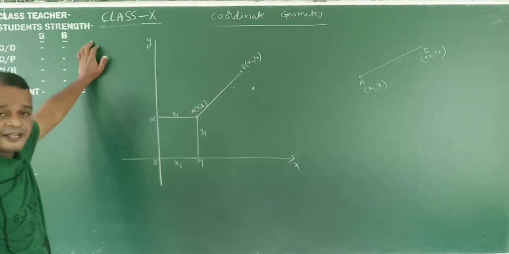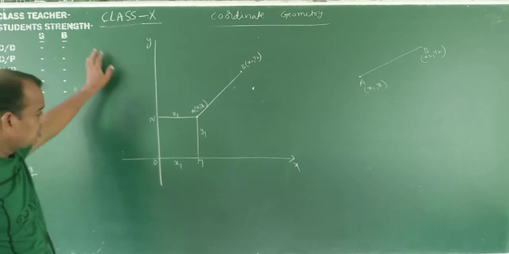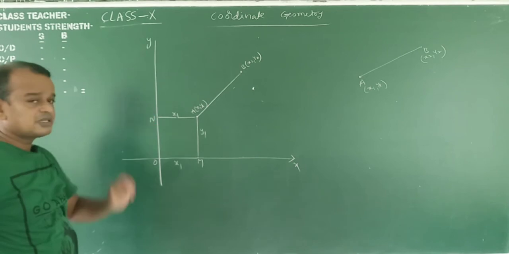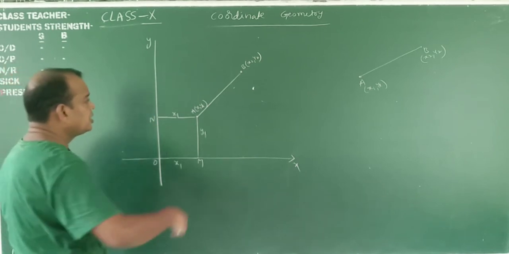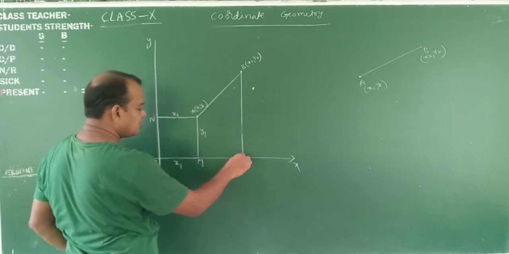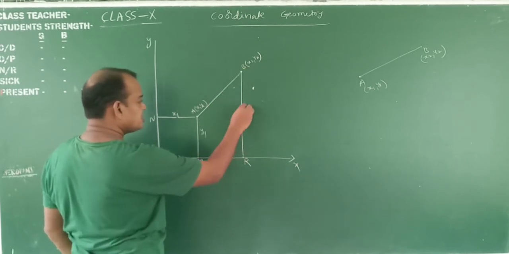Any doubt here? Any doubt we have? The distance from this one to this one is y1, and the distance from this one to this one is 100% x1. The same process will go in here. Here, the distance from B to this one. Suppose this is R. What about this distance? This is nothing but the y2.